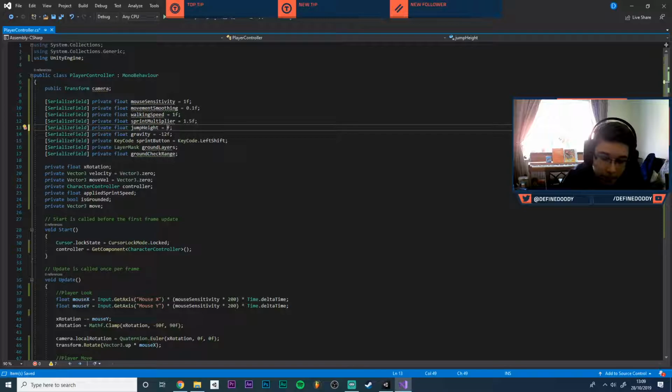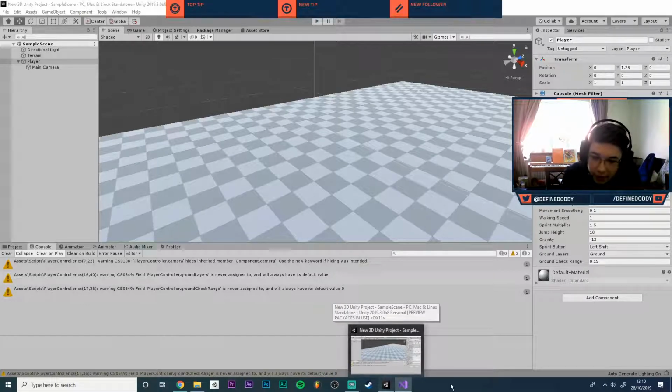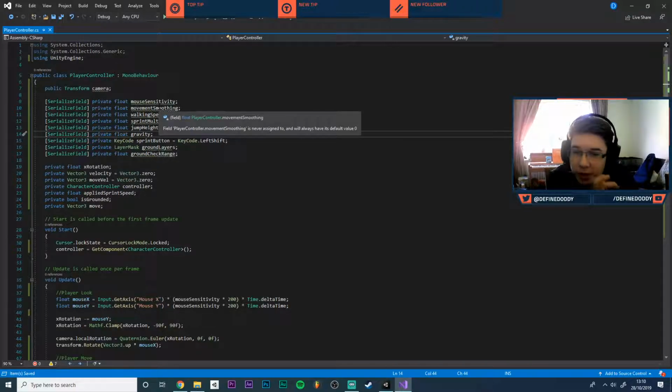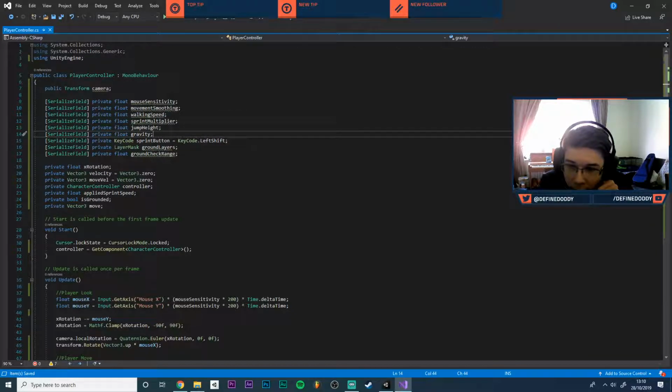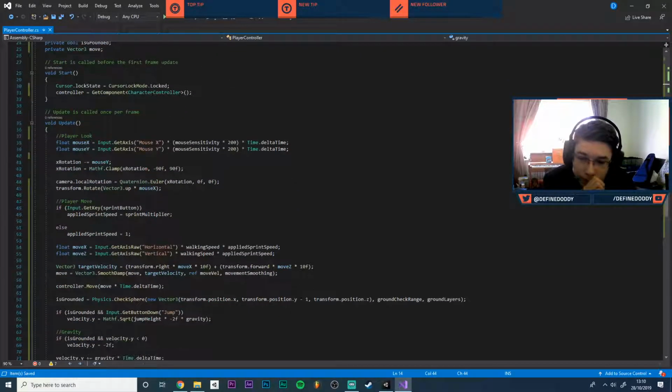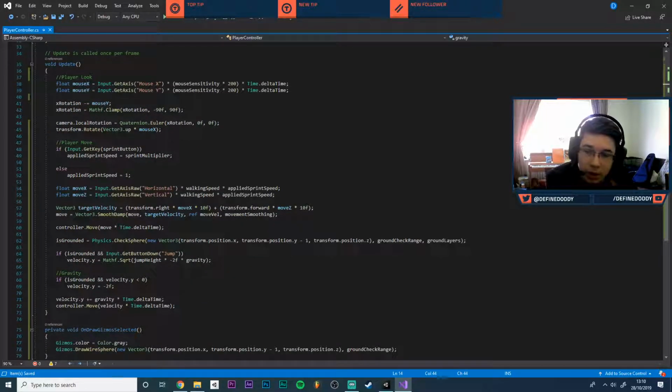Set this to about 3. I know we can do it in the editor, but I just want everything nice and clean. So I'm going to get rid of all this so we don't have all this blocking our way. There we go. I don't know still why it comes up with it green underlined. Field player controller movement smoothing never assigned to, will also have a default value of 0. No, it won't. Okay,